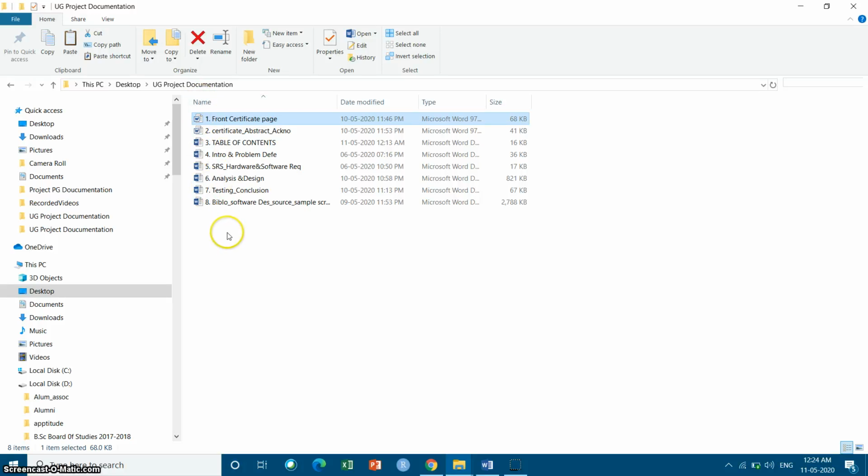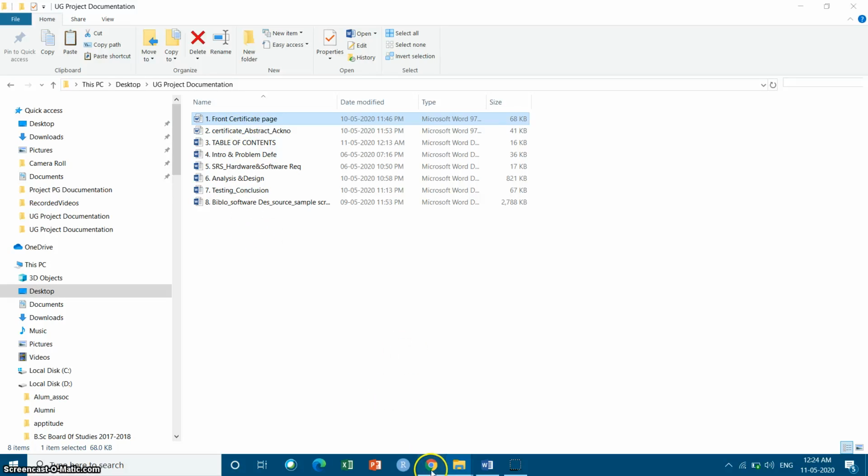After arranging it, now we are going to convert all this into PDF. If you convert it into PDF, there won't be any alignment problem. First I'll convert one thing and show it to you. You can convert all the other things and merge the PDFs. Using merge PDF, you can merge them.